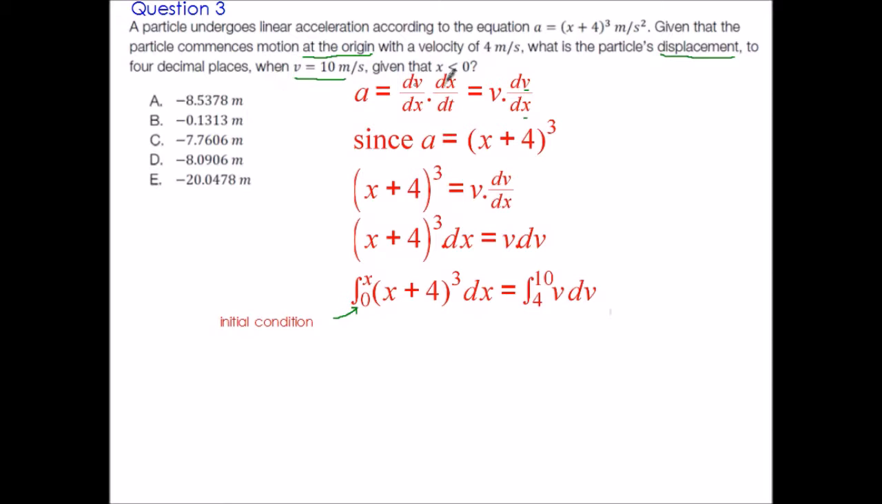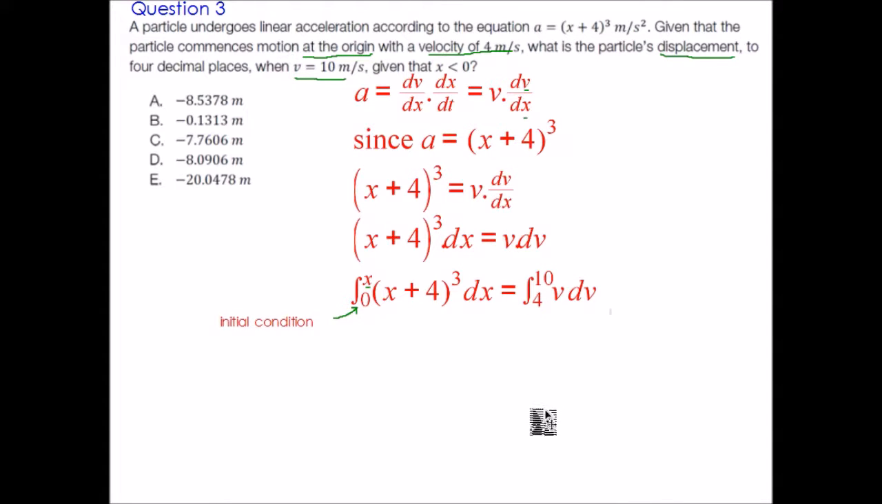And then we want to know what is the particle's velocity, and this occurs at the origin. We've got 4 meters per second as a velocity, that's this bit here. And then in the future we want to know what the displacement is when v is 10. So we set up this integration equation like so, and we don't need to work that out by hand,